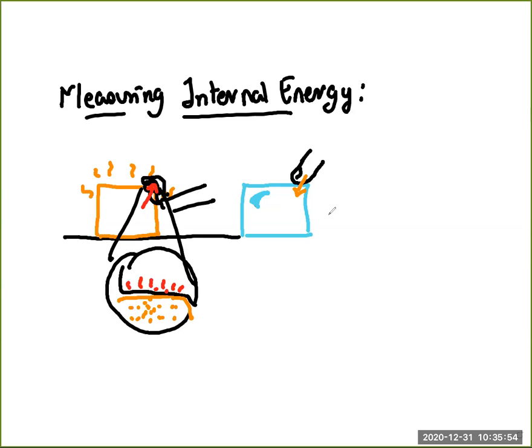If it feels nice, like on a hot summer day, you will keep it there. If it is excessively cold, then you will withdraw your finger. So that is the way in which internal energy can be sensed by our body. And the same idea can also be used to make an objective measure of the temperature of objects. So the device that we use to do this is of course a thermometer.